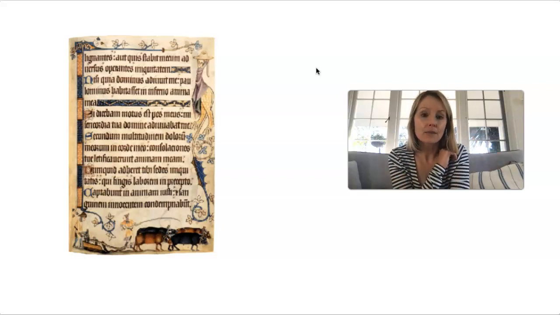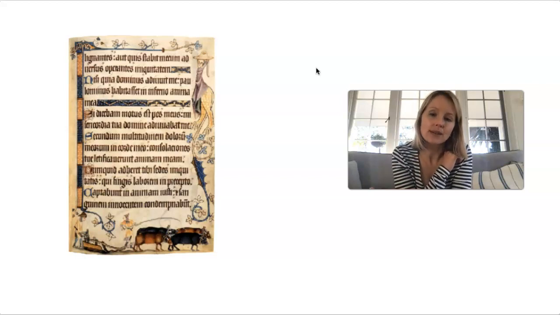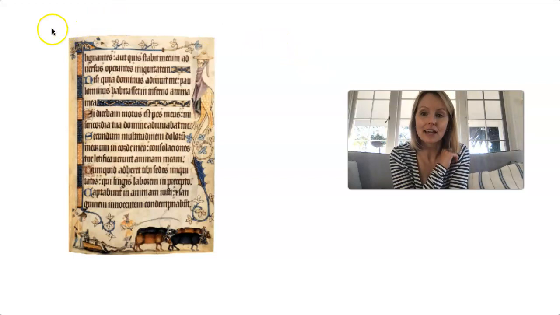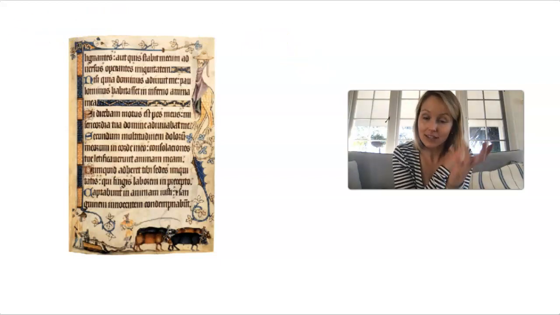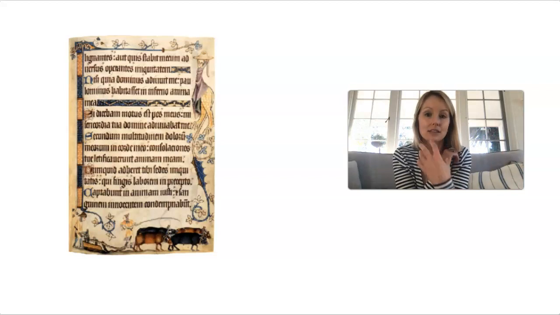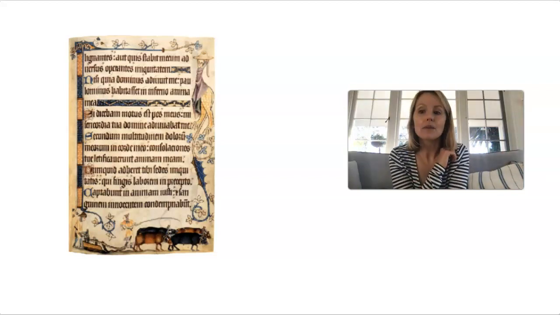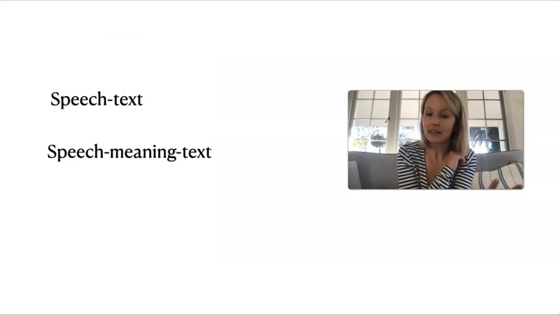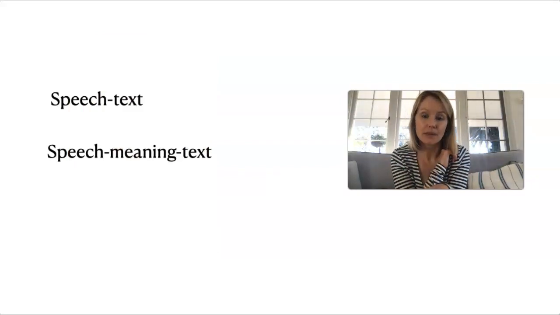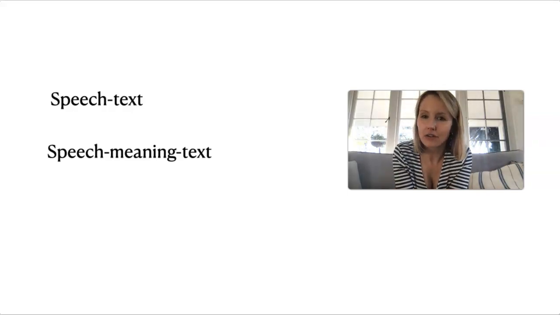So they decided that because in writing we want to make sure that the message is clear, we're going to use the letter O instead. And what happened was when you write it enough, it sticks, and that's how we've continued to write it over time. So the message here is that, firstly, letters don't make sounds. They represent the sounds that we speak. We have to go from speech to text, or better, we have to go from speech to meaning to text. So we have to listen for the sounds, think about what the word means, and then think about how it's written. And we have to also understand the narrative behind the story.